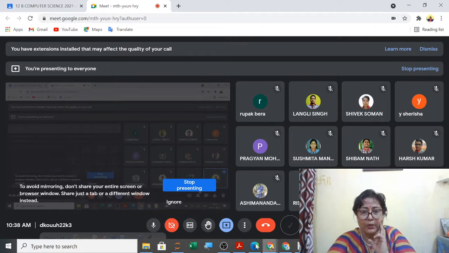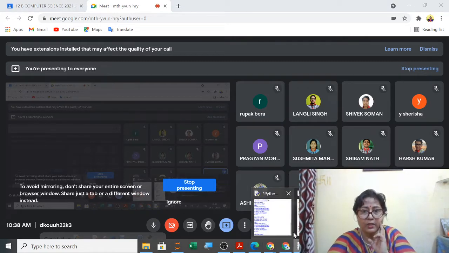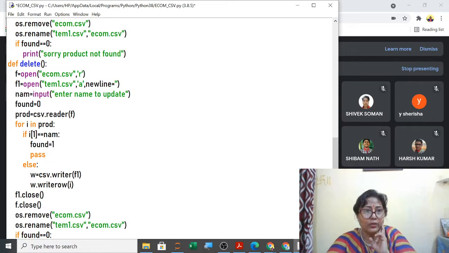You will store the product like here you have done. You have stored the product, and then you can take a variable here, store the product name.